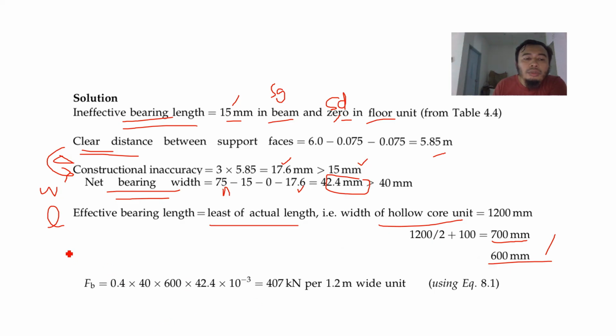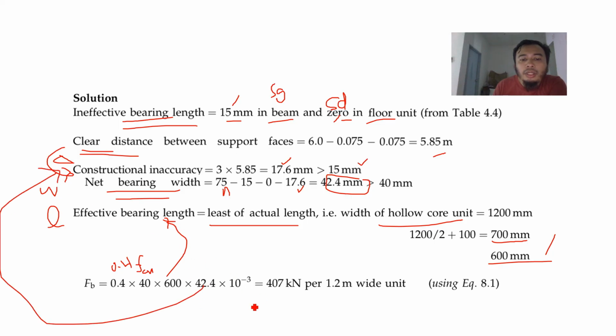So you multiply all the components using equation 8.1. You have your 0.4 FCU, this is your effective bearing length, this is your net bearing width, and this is the conversion of units. Very simple. This is just to design